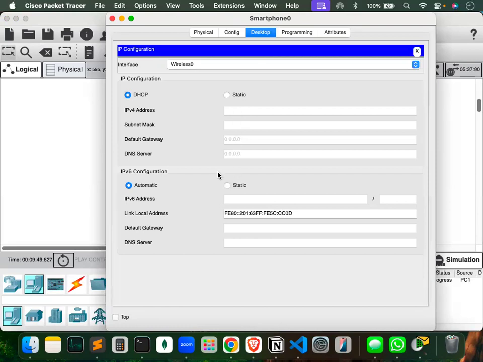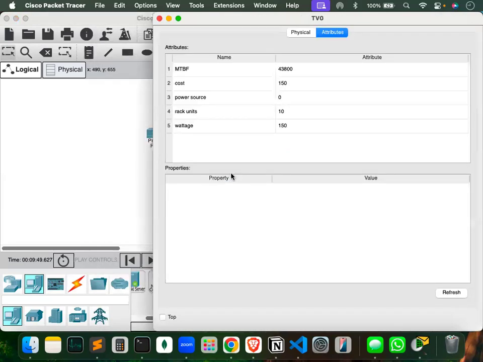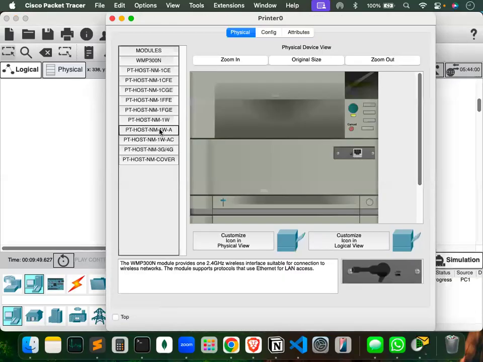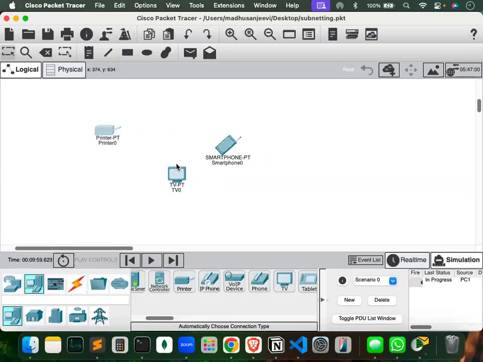TV also does not need much configuration. TV is very easy. You have on and off. Printer also does not need much. Default gateway and yeah, if you have interest, try to enable